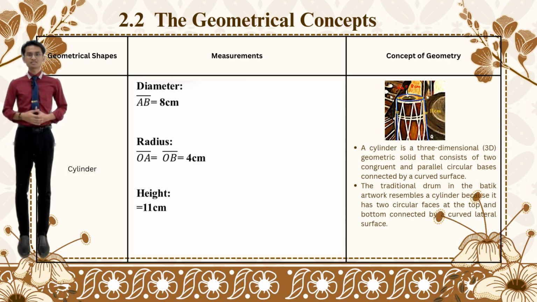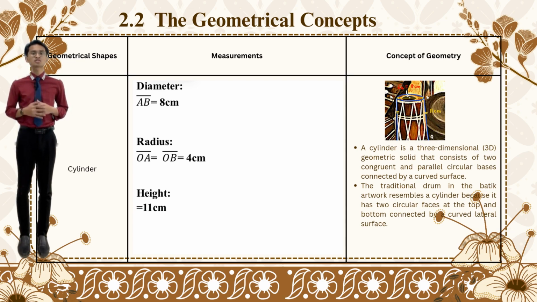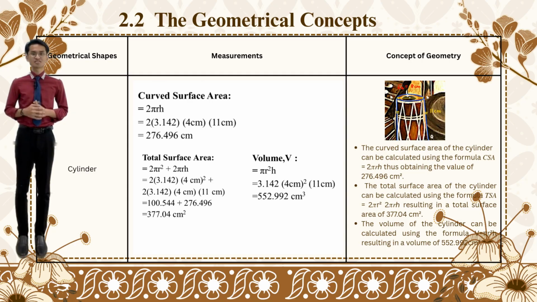A cylinder is a three-dimensional geometric solid that consists of two congruent and parallel circular bases connected by a curved surface. The traditional drum in the batik artwork resembles a cylinder because it has two circular faces at the top and bottom connected by a curved lateral surface. The curved surface area of the cylinder can be calculated using the formula CSA equal to 2 pi rh, thus obtaining the value of